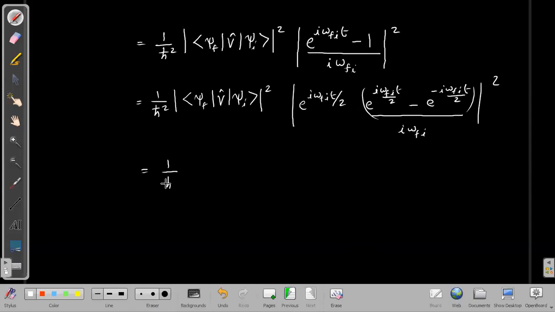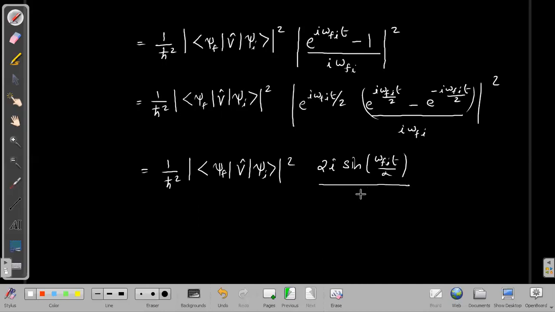So 1 by ħ square, the inner product ⟨ψf|V|ψi⟩ mod square. This would remain as 2i sine(ωfi t/2) all divided by iωfi, the mod square. So finally the result would be